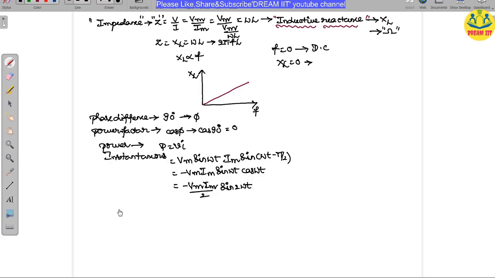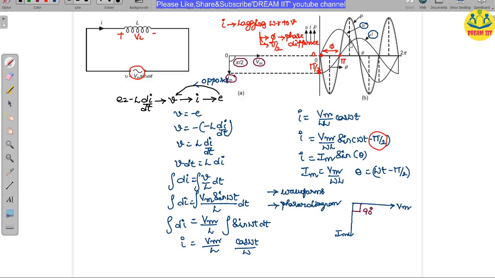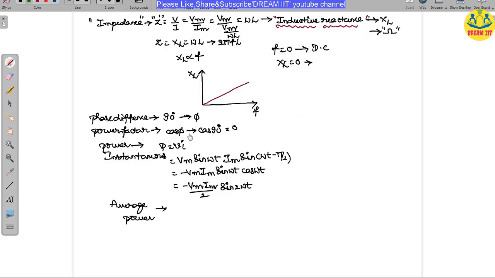So if you take the average power, what will happen? If I calculate the average power over one complete cycle, because if you observe, that is a power diagram, a power waveform. I am highlighting the power waveform here. If you calculate the power for one complete cycle, what will happen? It will become 0. So the average value for one complete cycle becomes 0. So the average power absorbed by the pure inductor circuit, we can say, is 0.